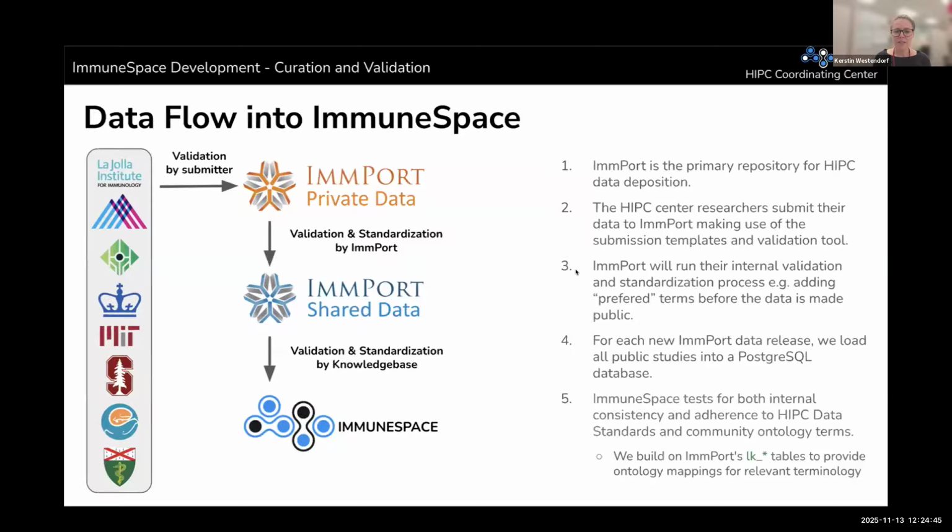Then the data is first held in the private workspace on ImmuneSpace, and once everything is finished and ready, they will let ImmPort know that the data is ready for release. And then ImmPort will run their own internal validation and standardization processes on the data. For example, that's the step where the preferred terms columns are added. And then once the data is public,